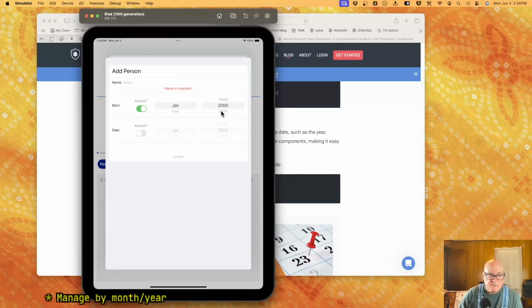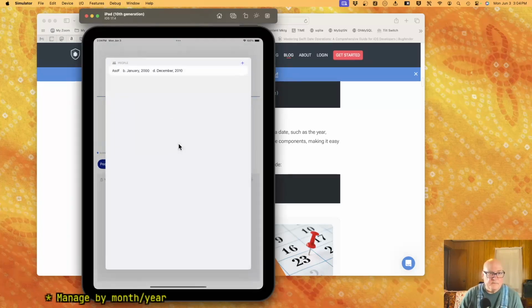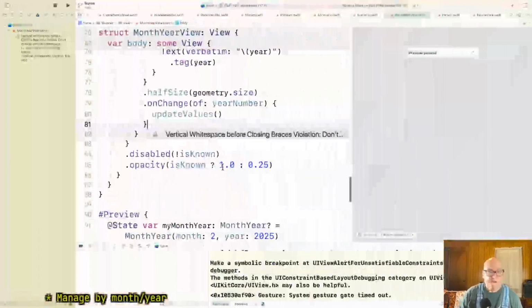Yeah, that seems much better. Okay, January, December 2010, which would be arbitrary. Okay, yeah.